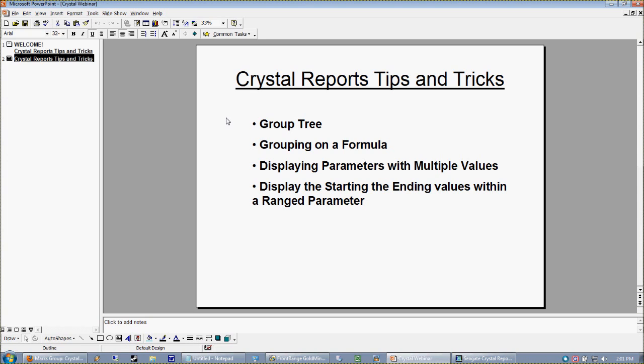you've been designing and developing reports for a long time, then you undoubtedly know that management always wants something a little different or a little more down the road. So I've learned to actually design my reports with that in mind. So I'm going to show you a neat trick where we can actually group on a formula instead of an